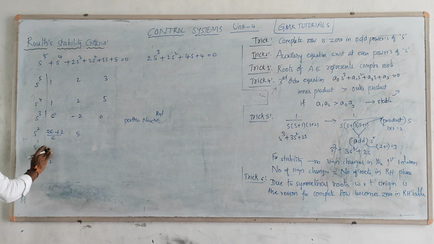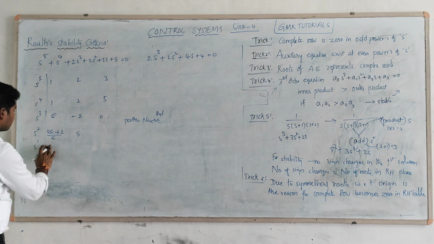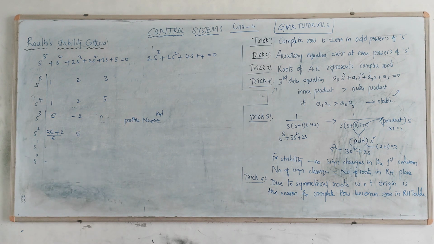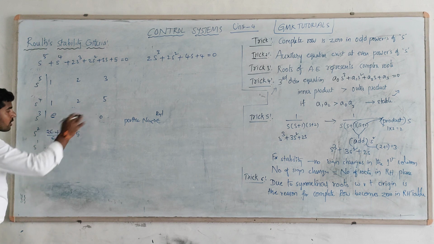2 epsilon, right? You will get a value of 5. Suppose if you are substituting, epsilon minus 2 is one consideration and 2 epsilon 5 is the other consideration. There will be a possibility of finding the s power 1. You need to calculate this one. That is nothing but multiplication of general criteria.